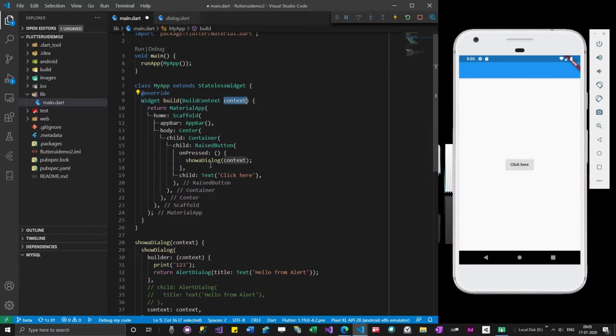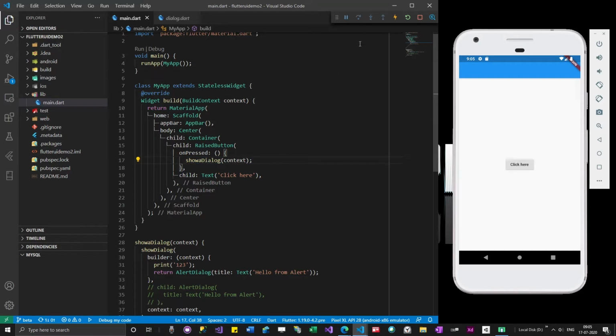Right now you might be thinking why I have to pass a context, it doesn't make sense. What is this context? You will understand this once you actually write some apps, you will understand why we are passing something like this. Right now, since we are beginning with Flutter, it doesn't matter much. I actually have passed this as a function.